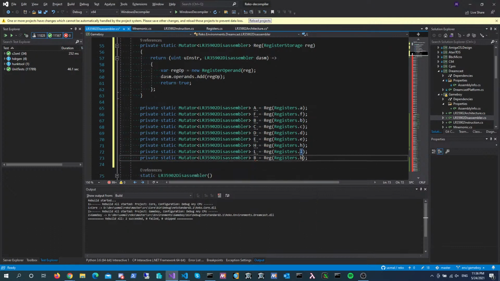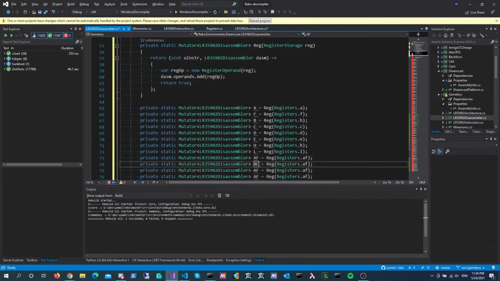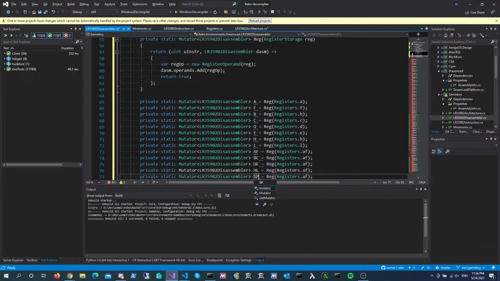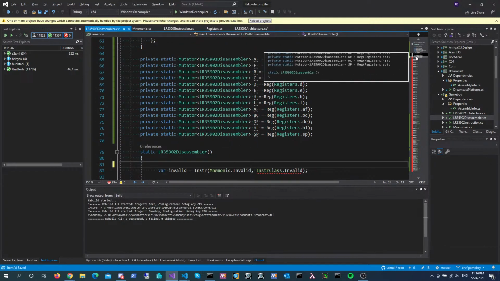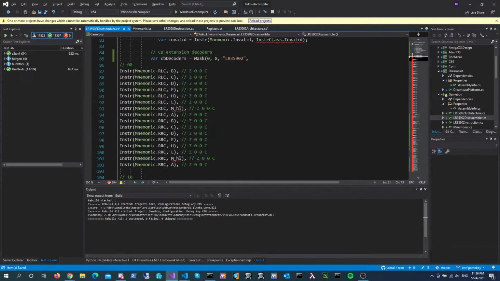And now we need to do the same thing for our bigger friends, the register pairs. So we'll do AF, BC, DE, HL, SP, BC, DE, HL, SP. Okay, so we've been at it for an hour. We're almost at the point where we can start disassembling. This is pretty exciting. Then we have a few more decoders. This one,